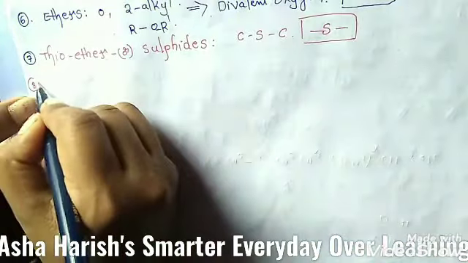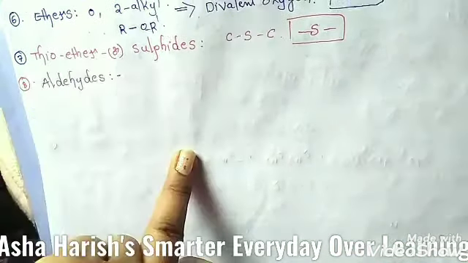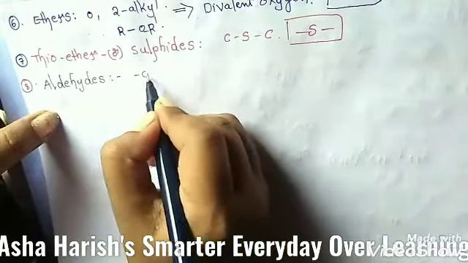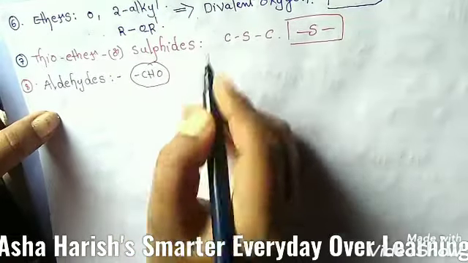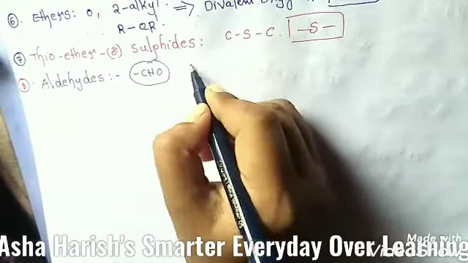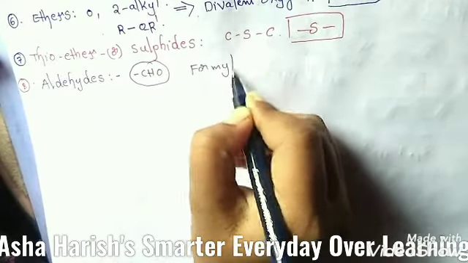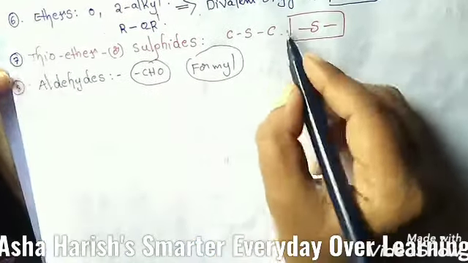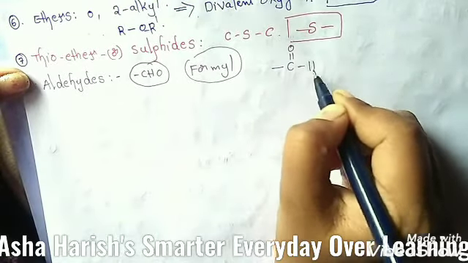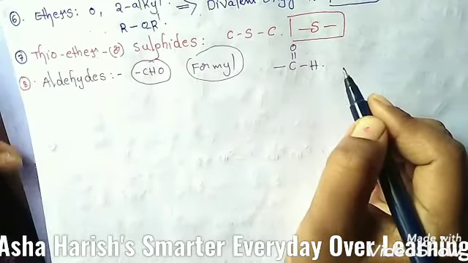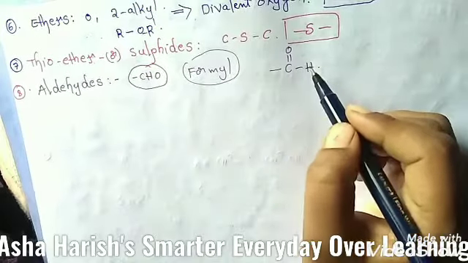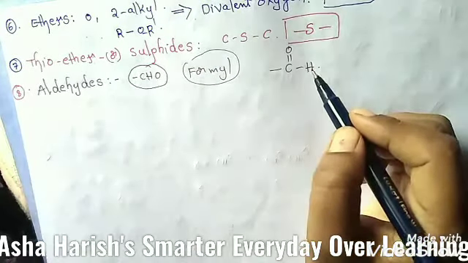And let's go for the 8th one, aldehydes. Compounds containing the functional group with the structure CHO are called aldehyde groups. Here aldehyde, we can call it formyl. And students, the structure will be one bond, CHO, right? I'm representing it like that. This is about the aldehyde group. If in any compound you can see this type of structure, you can identify it very easily. That belongs to the aldehyde group.